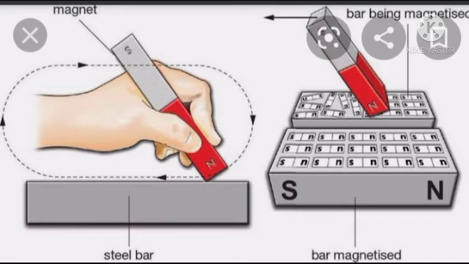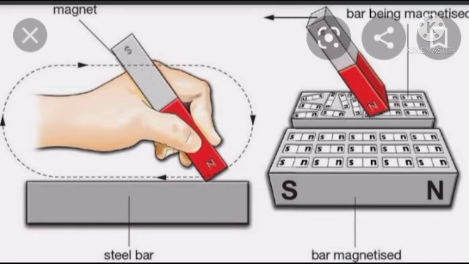Now for the last characteristic, you have to take a needle or a nail. Now place it steady on a table. Now keep on rubbing a magnet over it from one end to the other. Now do this 7 to 8 times. Now afterwards take a few pins near that particular needle or nail. What will you see? That in this way magnetic objects acquire magnetism.